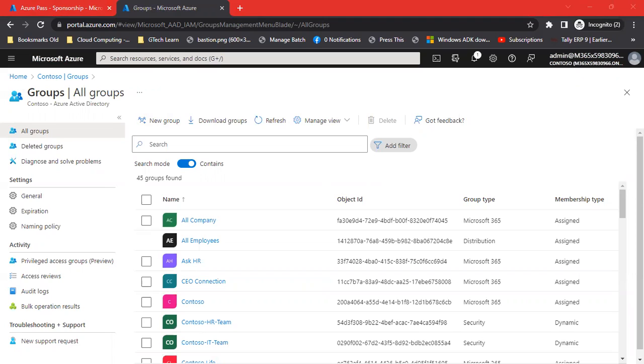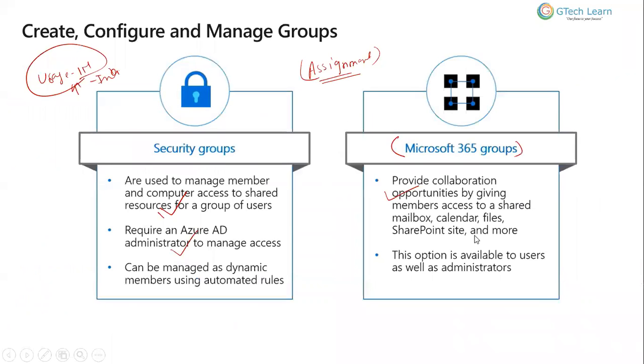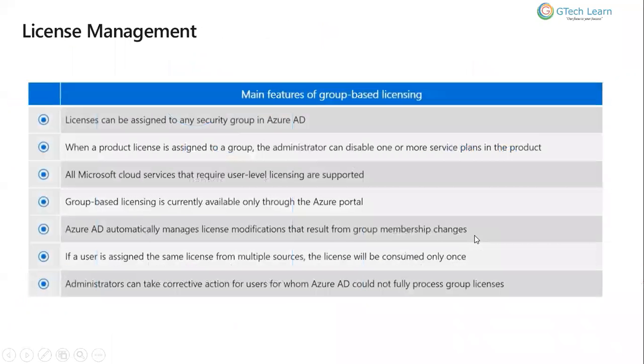Now let's move back to the presentation and move ahead with the next slide. And that is talking about the license management. So if I'm talking about the license management over there, we can simply go ahead and assign the license